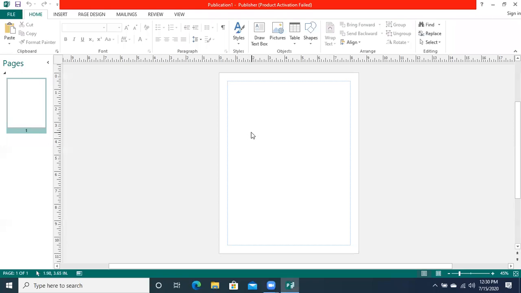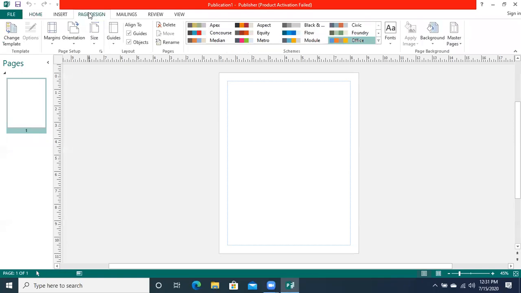If you have a publication and you want to set its background, what kind of background do you want to have in your publication? So what you will do, you will go to this option which is in the page design option.